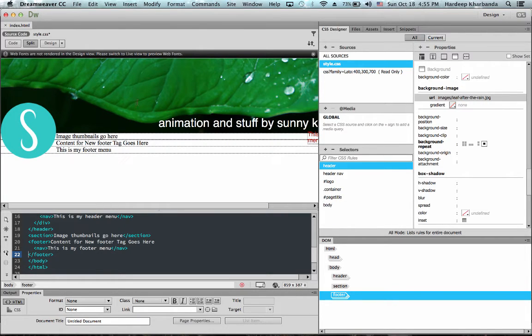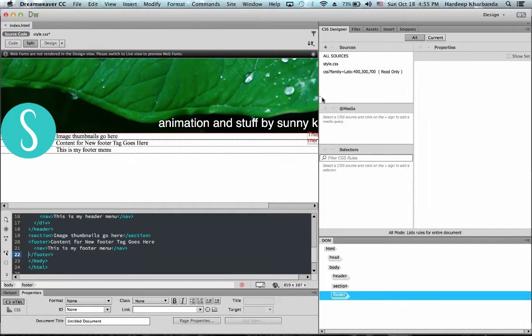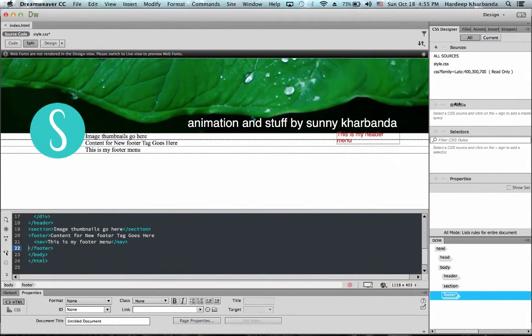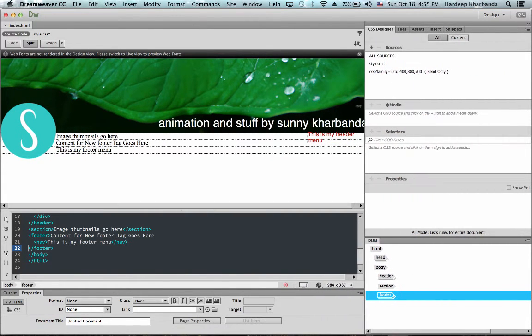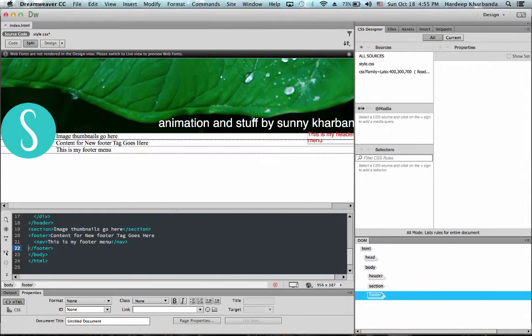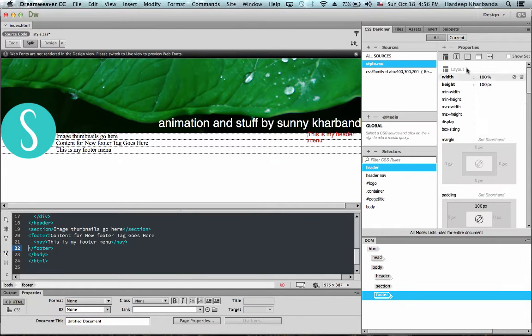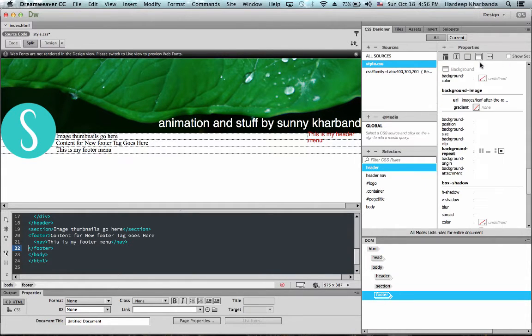Now notice the photo is larger than my header. So that's what happens when I resize my window. Now there are different things that I can do with the positioning of this background. So I click on the header, go to my background properties.